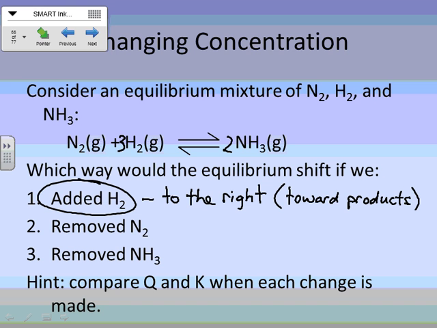So let's say that we pull out, we just take out some of the nitrogen there. Okay, so the nitrogen is now leaving. Which way do you think the equilibrium might shift then? Okay, so now the reaction is stressed a little bit because now there's not very much N2 left. And so some of this NH3 might start to break back apart to produce a little more N2 to sort of